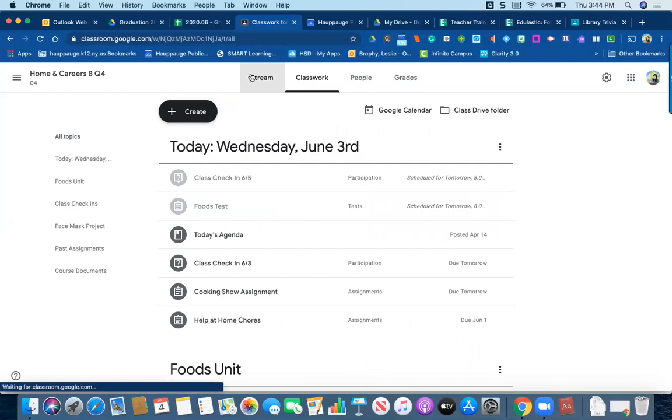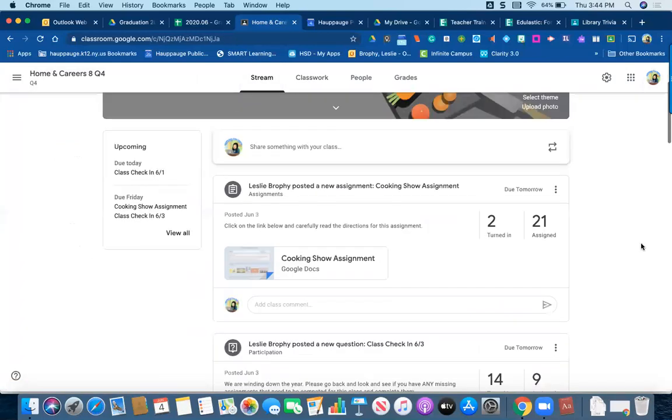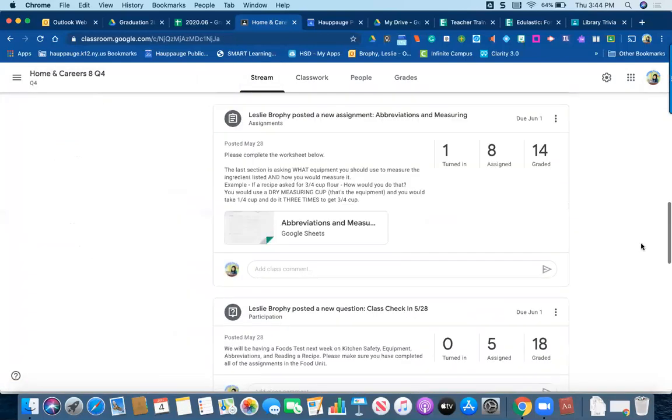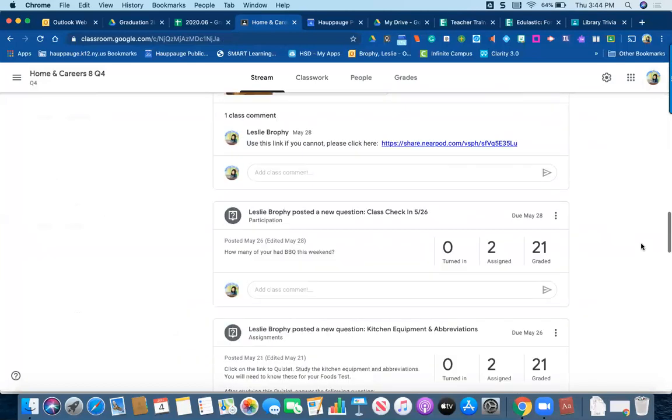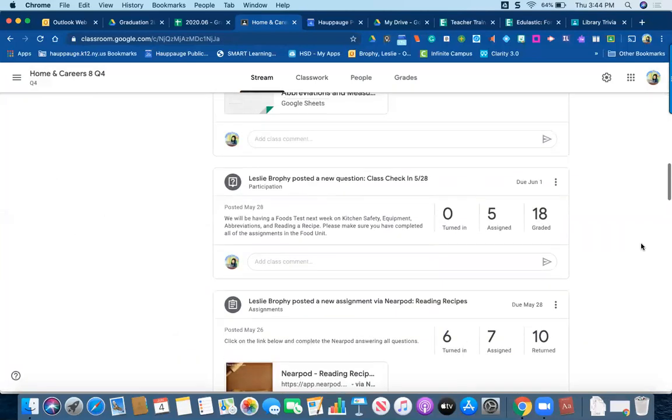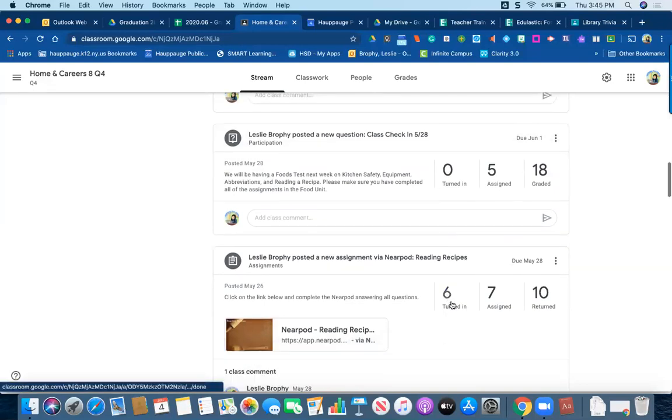So if I go to my stream, I could scroll down and I could see every time I posted something in the classwork or in the stream, I could see my assignment. I could see how many people turned it in, how many are left to do it, and how many are returned. You kind of always want to have 0 turned in, because if it's turned in, you want to be